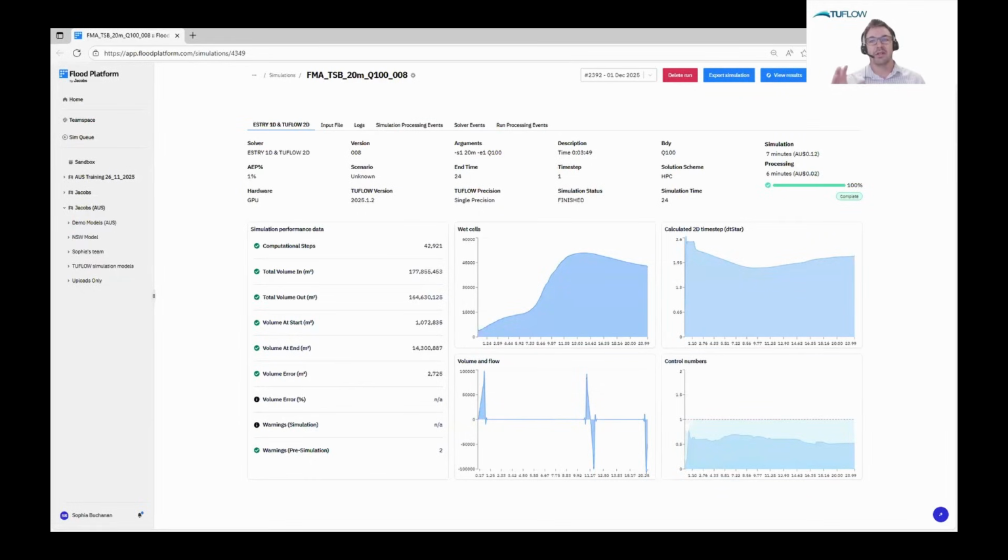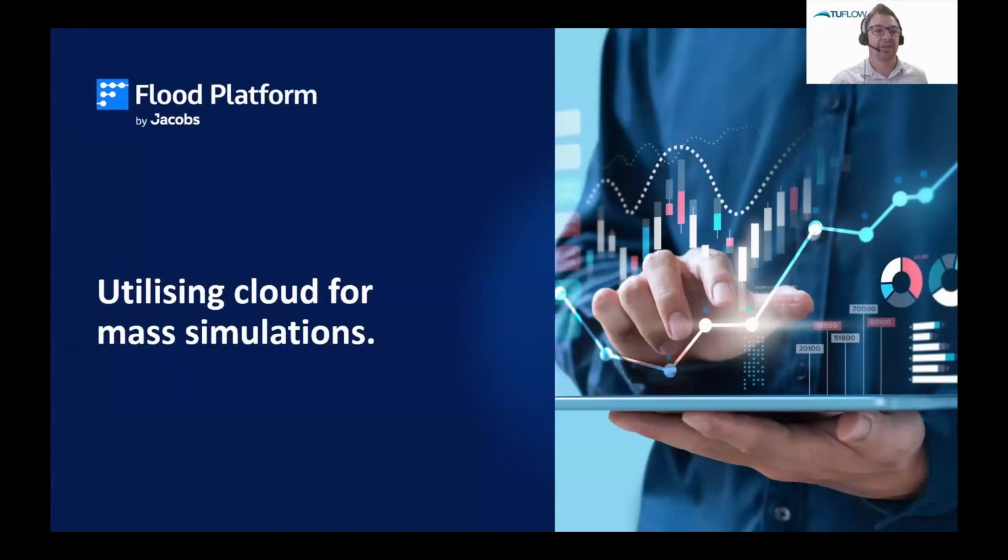We've configured TUFLOW so that you can bring your own licenses into Flood Platform. If you have a TUFLOW cloud license, you can use it directly in there, or any other cloud environment for that matter. So 12 cents. On that, I might pass back over to Sophia, who will introduce Flood Platform.